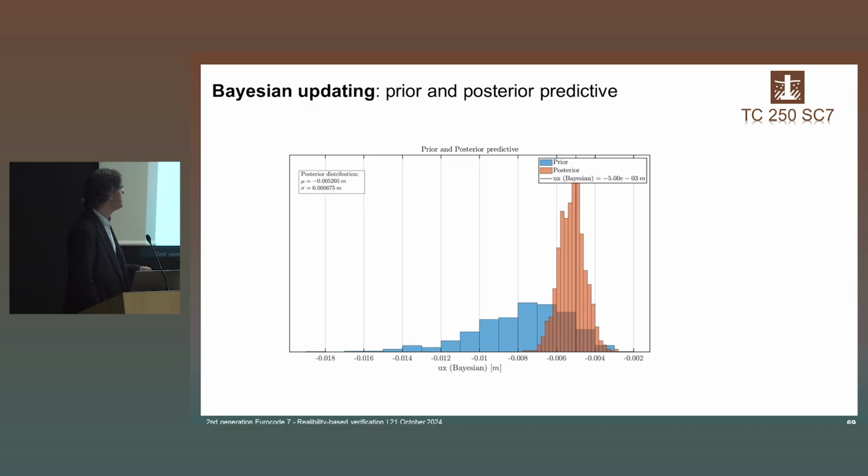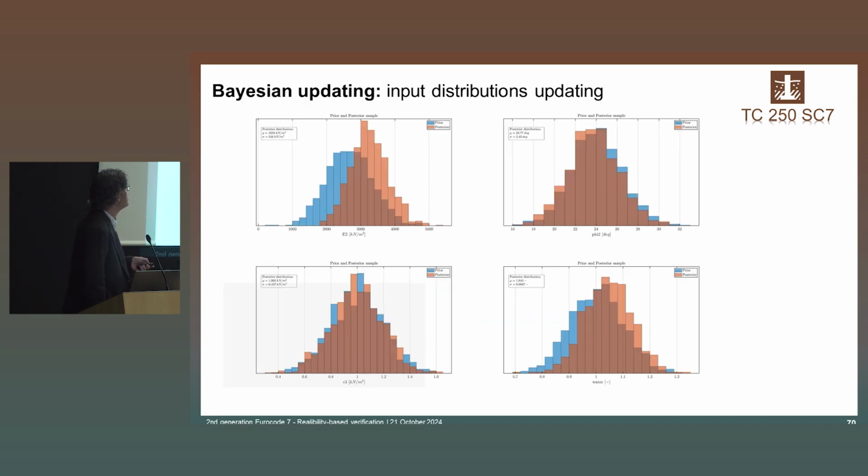And now, after the measurement, with the little error in the measurement, I'm closer to 5, and I have drastically reduced this distribution. So this helps me with the Markov chain Monte Carlo algorithm to update the distributions of my